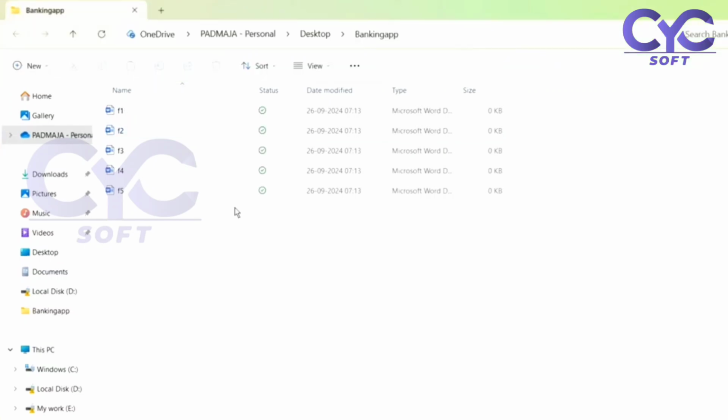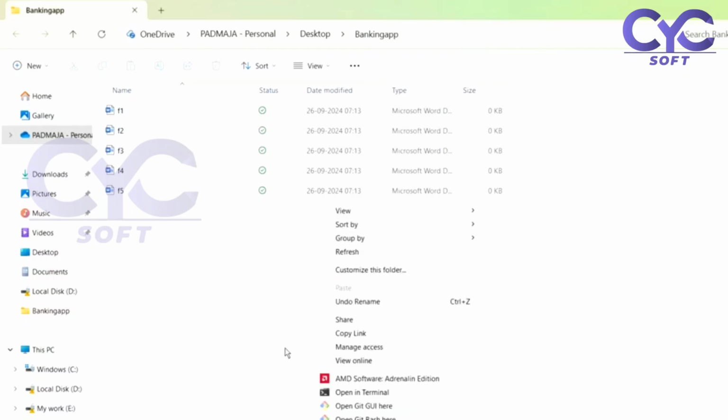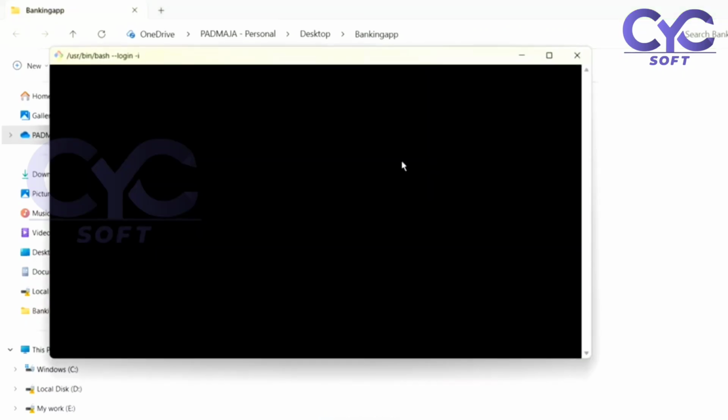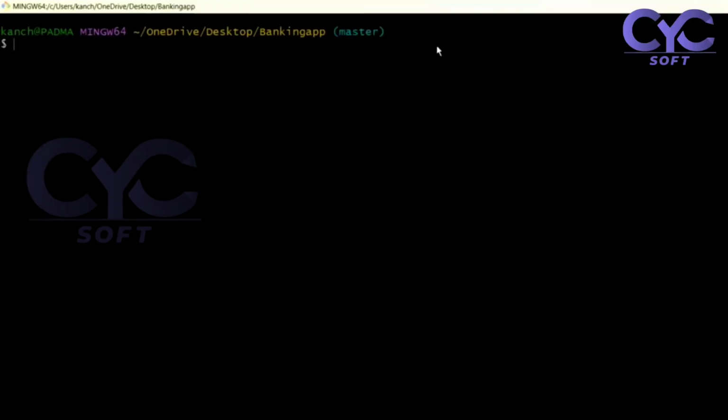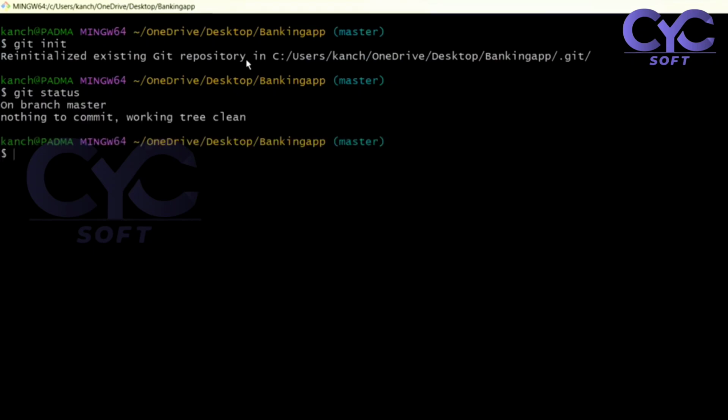I'm opening this folder. Now I want to push all the files into the GitHub repository, right? So for this, I right click, show more options, and open the Git Bash here. Currently, I go with git init, initializing the repository. Now, if I go with git status,